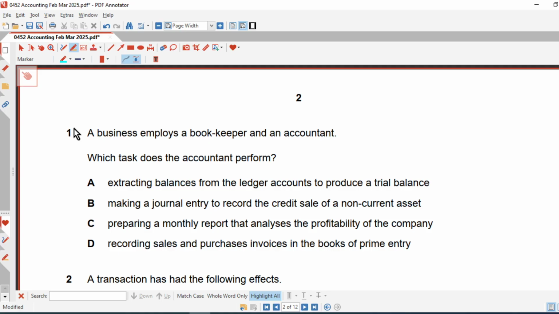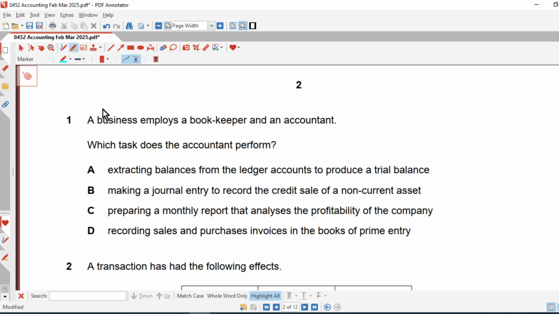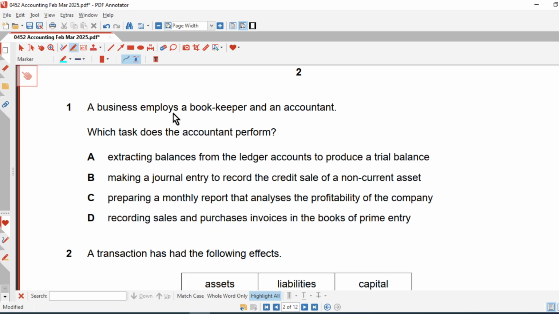Right, so let's jump into the first question. A business employs a bookkeeper and an accountant. Now, which task does the accountant perform? So this goes back to your basic knowledge of accounting, whereby we understand that the bookkeeper does more of recording